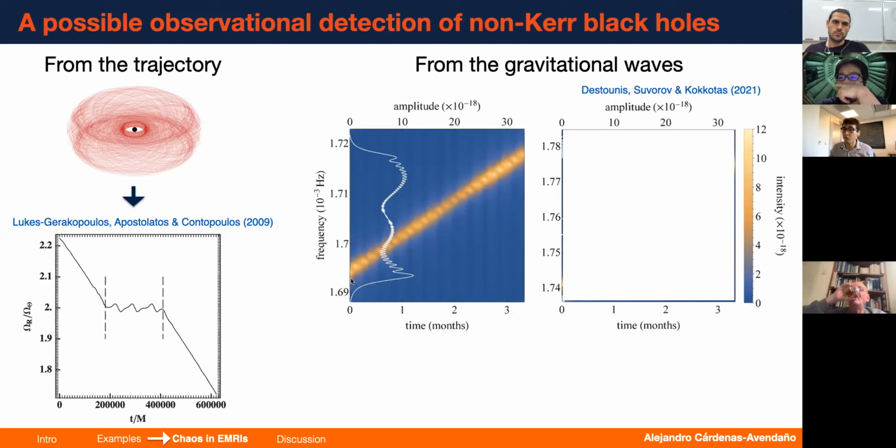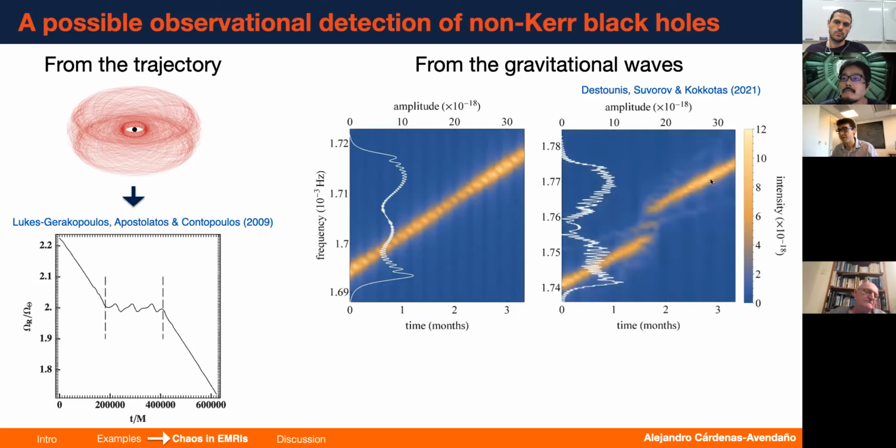But then, as you can see, the evolution for EMRIs is extremely slow. And then this is just one of these. If you remember the other multi-peak frequency I'm showing you, this is the strongest one. So you just see if your system is integrable, it's just evolving in frequency. But then when there is chaos, boom, you found a glitch. And this is a very interesting feature, meaning that, again, this one was from the trajectory, by studying the Fourier of the trajectory, R and theta. But this one is indeed directly from the observable, the gravitational waves.